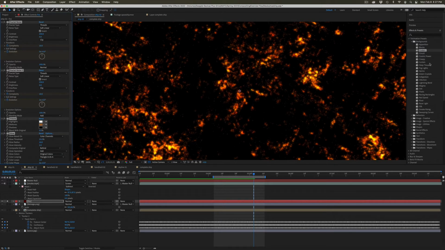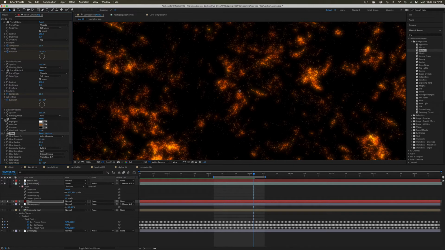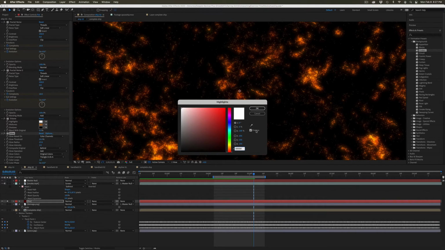And what I like about the presets is it gives you a bunch of effects that you might not combine otherwise. So this is just a solid that has glow, tritone, and fractal noise applied twice. If I deselect, I could show you what each one does. The glow is most obvious. It's just adding that lovely outer glow there. And of course, any one of these things we can modify. The tritone is what's actually applying the color. Fractal noise, which is used in a lot of effects, is just black and white otherwise. So if we want to adjust this, we can,